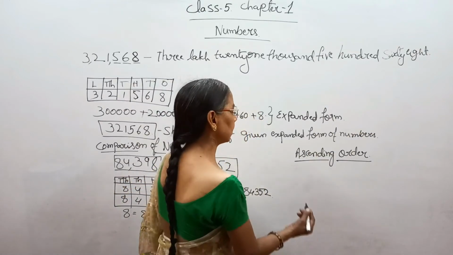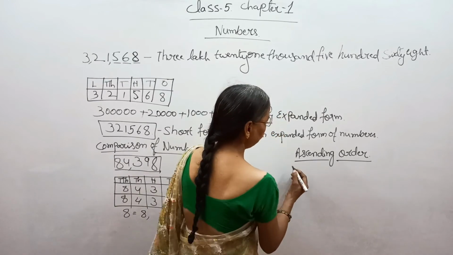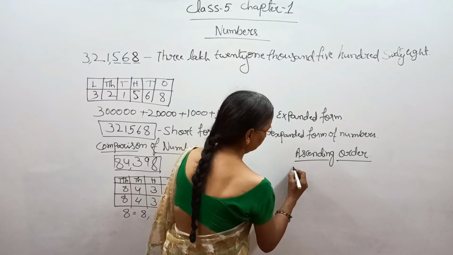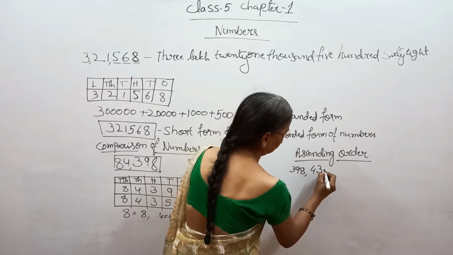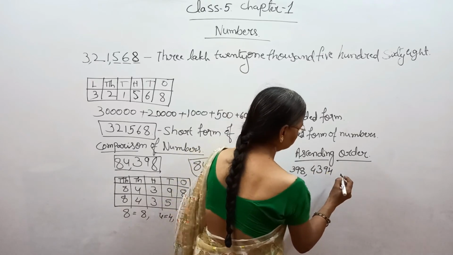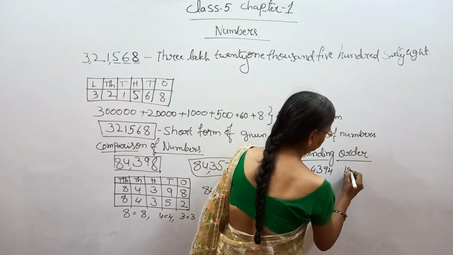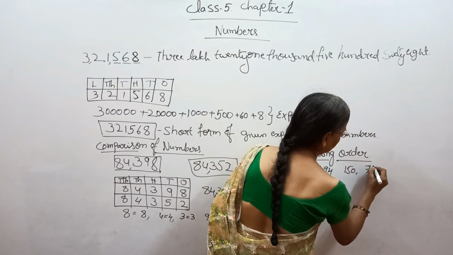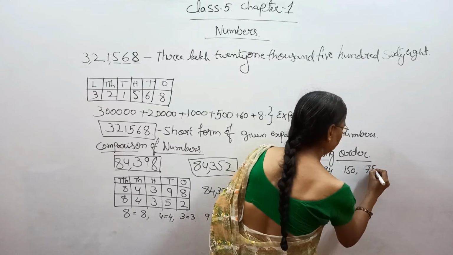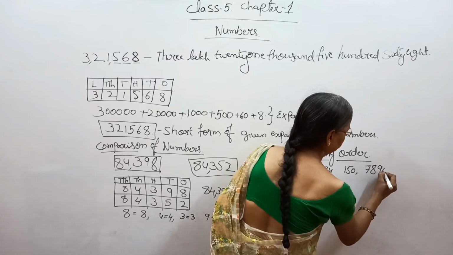That is smaller number to bigger number. If we get the example 398, 4,394, 150, 7,890,